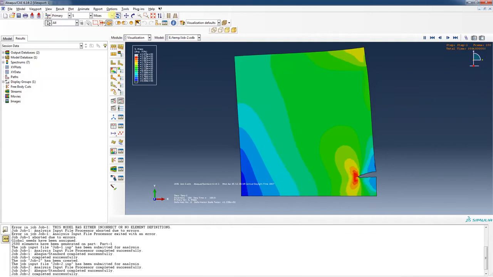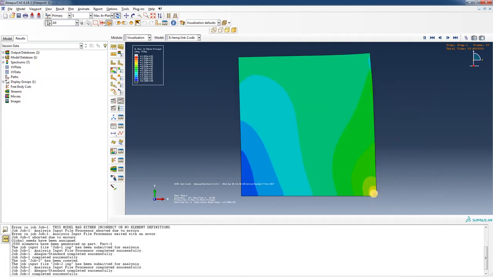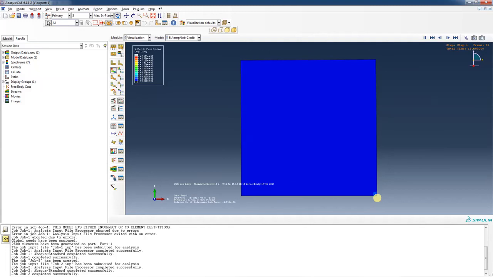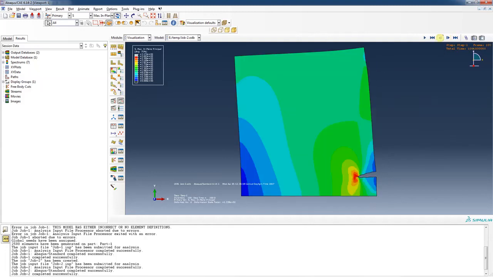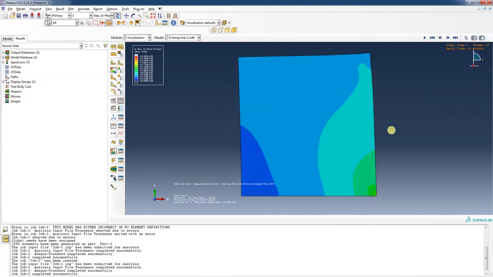That's kind of interesting. Let's change this over to maybe maximum in-plane principal stress. So again, down here is where the boundary condition is, but that's not where we allowed the crack to grow. Let's back this up in time just a little bit. Okay, so in this region here is the highest principal stress region in which we are in the crack initiation partition. And so right in the middle of that is where that started. And we can see it growing